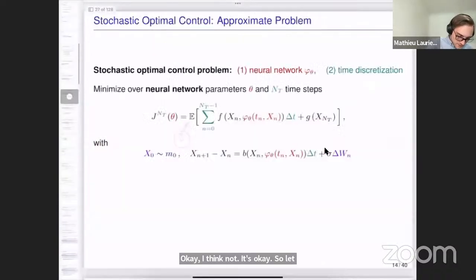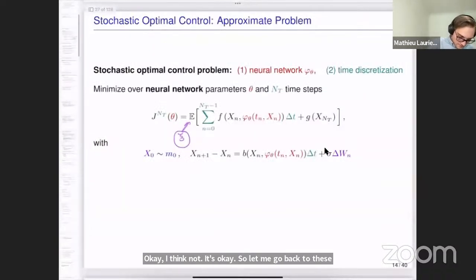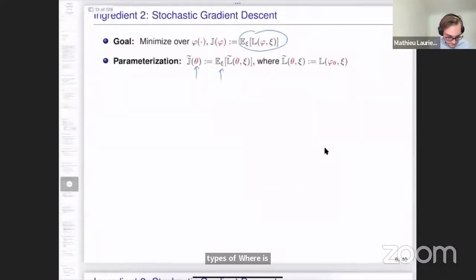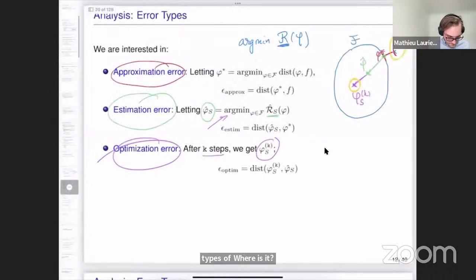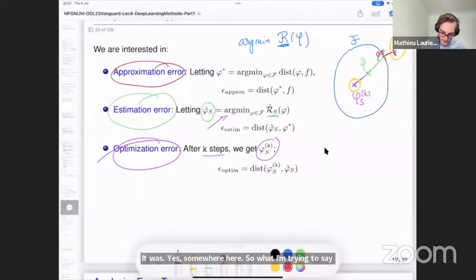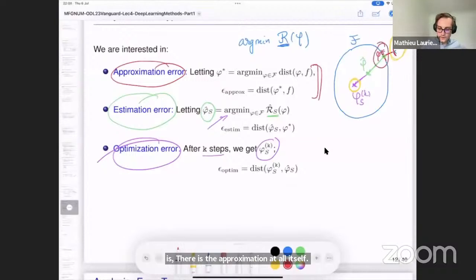So let me go back to these types of errors. Where is it? It was, yes, somewhere here. So what I'm trying to say is there is the approximation error itself, which is just about this part, but this phi star, so maybe you could say for linear function f, if I know that the function is linear, for example, I would need just a few parameters. This is true from the point of view of approximation error, but from the point of view of the optimization,